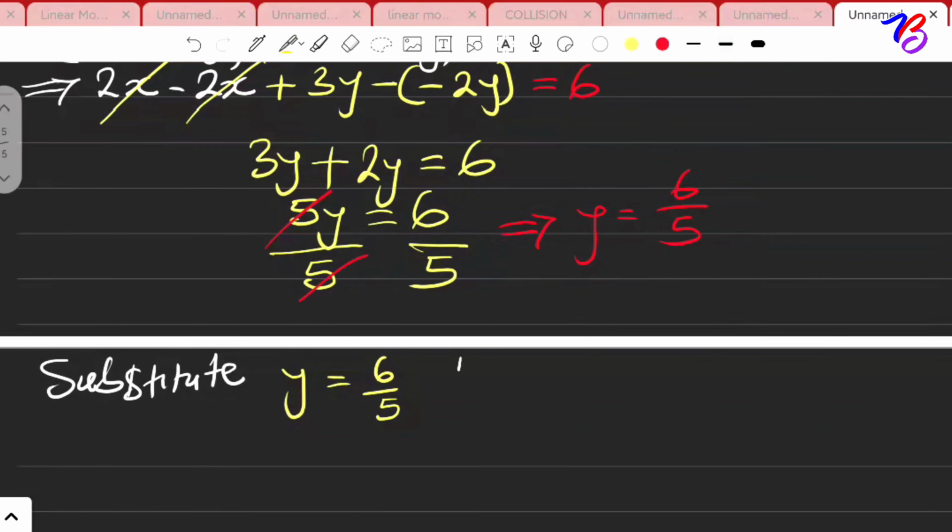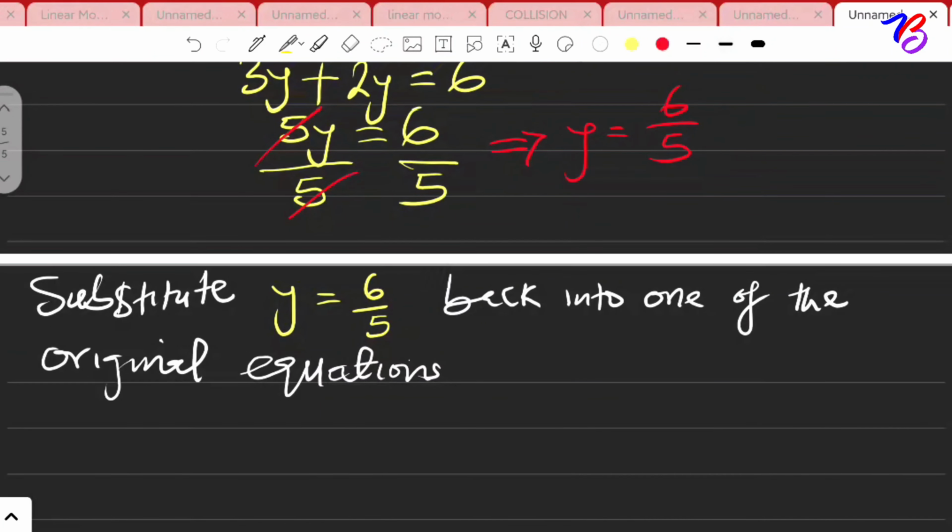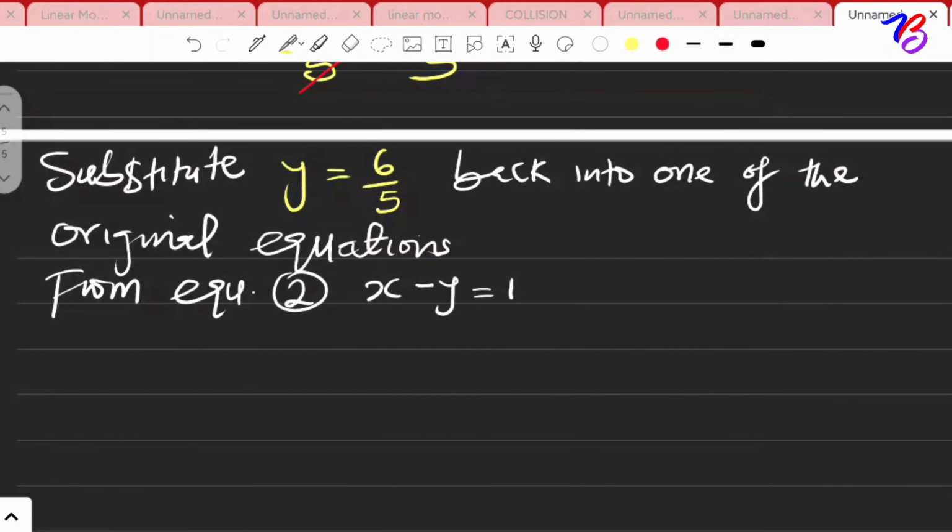So let's substitute y is equal to 6 over 5 back into one of the original equations. Okay? You can decide to pick equation 1, 2, or even 3. So let's pick equation 2. So from equation 2, x minus y is equal to 1, right? So we will substitute x minus 6 over 5 is equal to 1. So let's collect like terms so that x is equal to 1